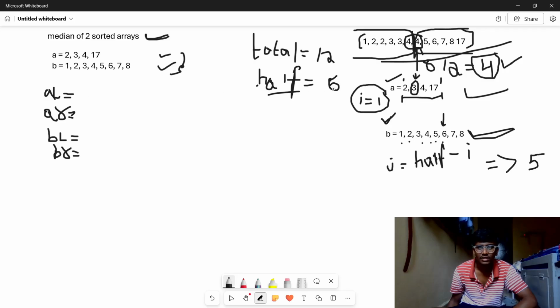So A left is actually pointing towards the A array's I minus 1 element, which is 2. This is pointed by AL and this is pointed by AR. AR equals A of I. And coming to B, it is the same, but the array is changed. B left equals B of J minus 1, which is actually